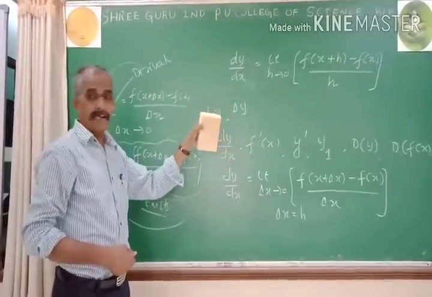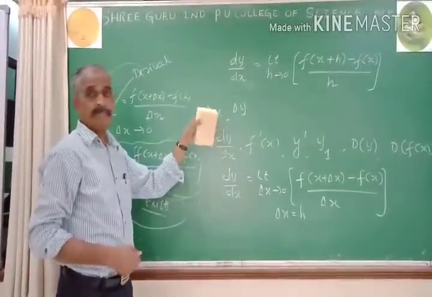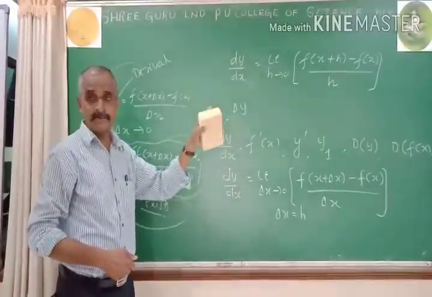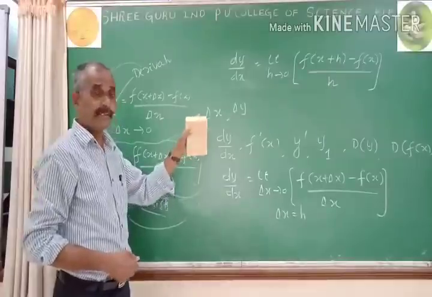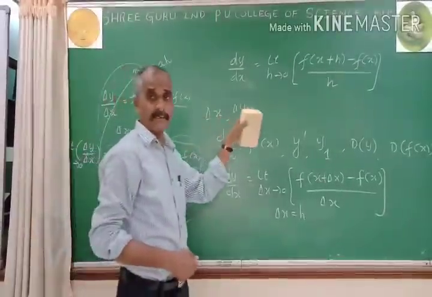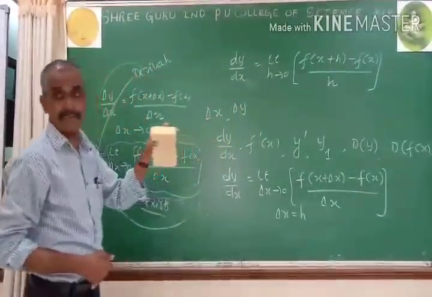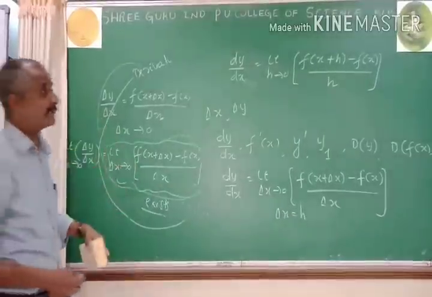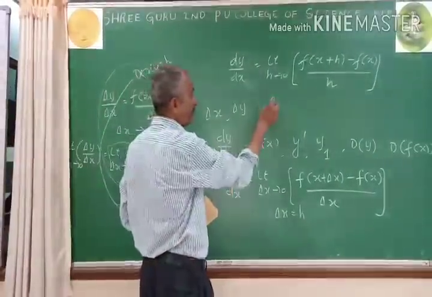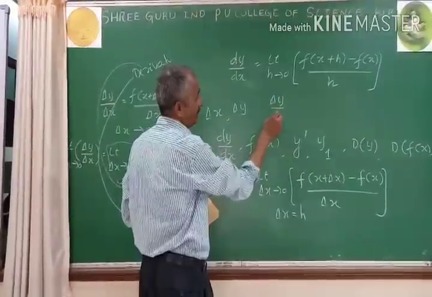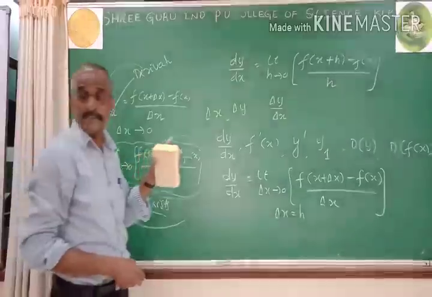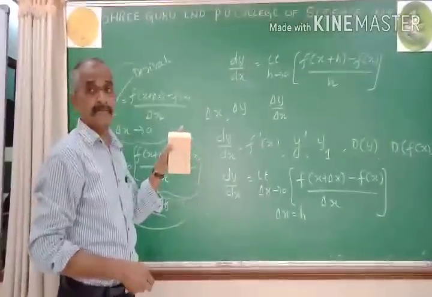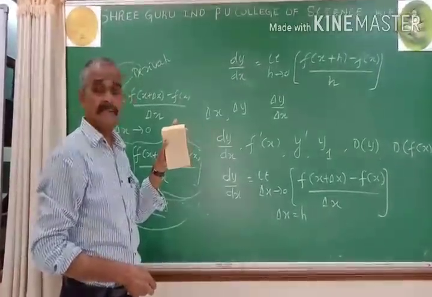They may be very small, but they can be positive or negative. They can be changed. They can be positive, they can be negative. However, they are very small in nature. In particular, the ratio delta y by delta x. Notice that it is the ratio corresponding to increments, so it is also called by the name incremental ratio.